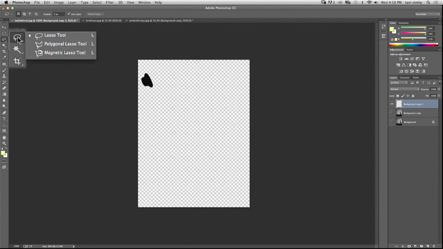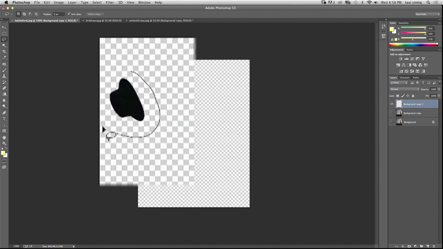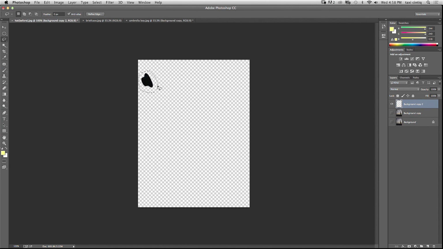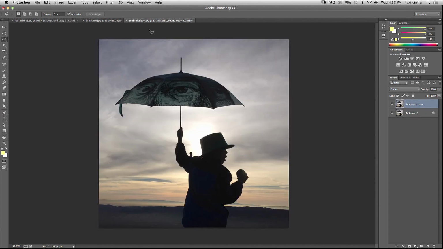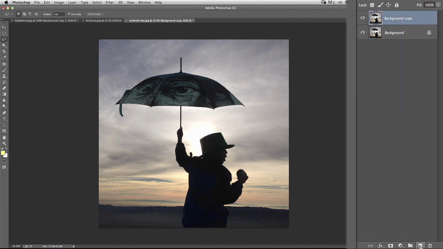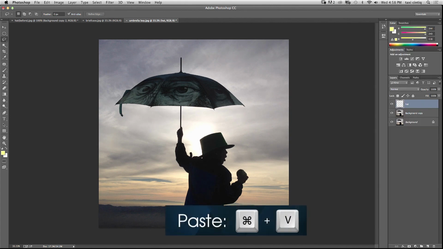So I'm going to go ahead and choose my lasso tool, and I'm going to select around my hat, and I'm going to do Command C to copy my hat, and I'm going to put this into the other photo. I'm going to go now over to my other file of my umbrella boy, and I'm going to put a new layer. I'm going to call this hat, and I'm going to go ahead and Command V to paste